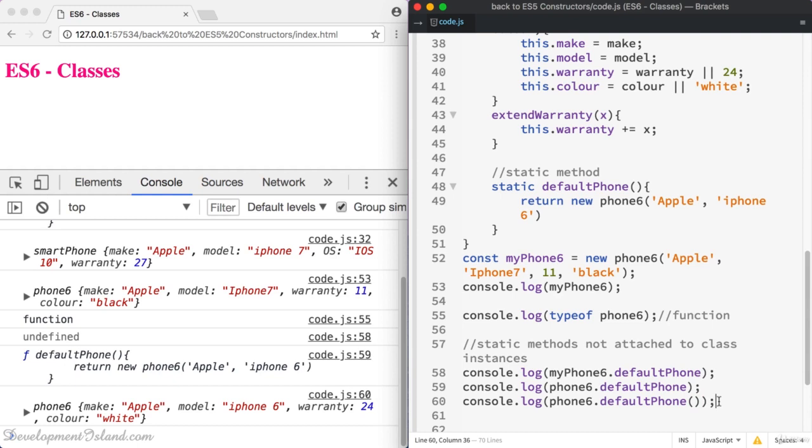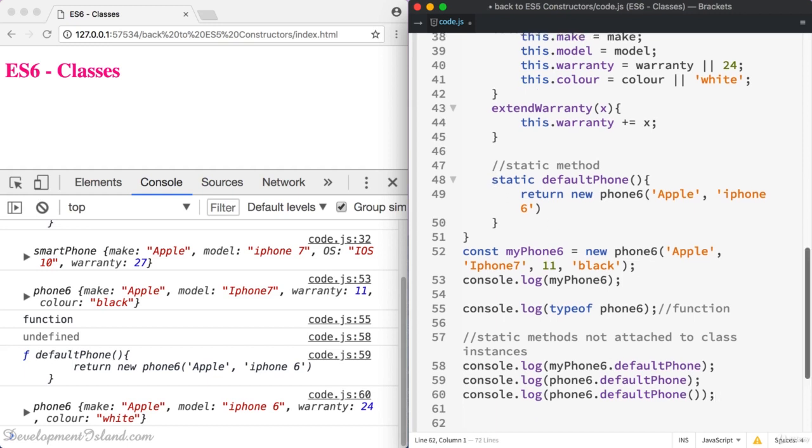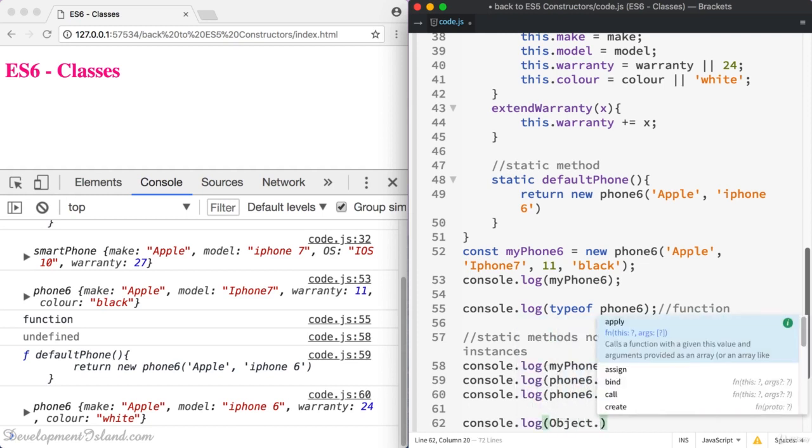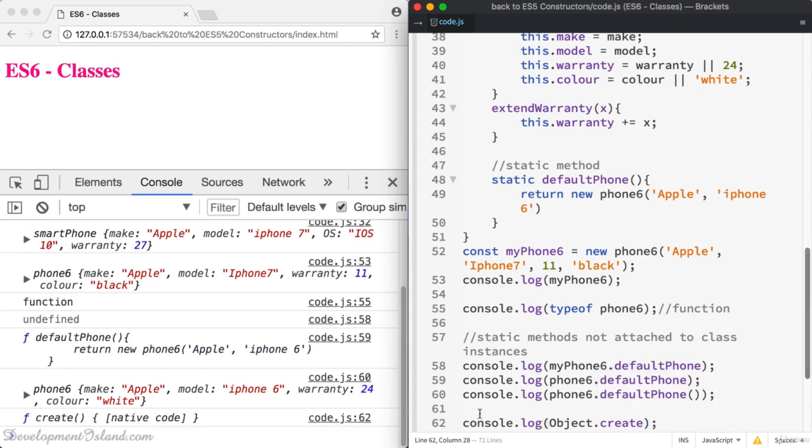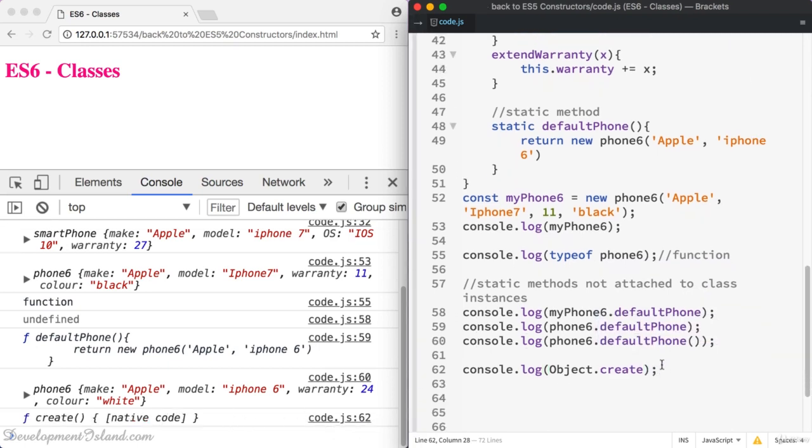Now you can think about some built-in methods in JavaScript which behave in a similar way to static methods. They are probably not defined the same way as ES6 static methods, but you can think, for example, about the Object.create method, which is attached to the Object class. All right. Because if you want to use the create method, you have to use it with the Object class